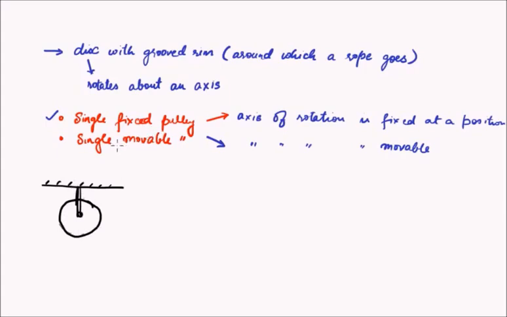Now what does this do? What this does is that it changes the direction of force. What do I mean? Now this is a pulley, and about the rim there is this rope, which for calculation purposes we will assume to have zero mass. Now suppose this is a load, let's say this is a load L,